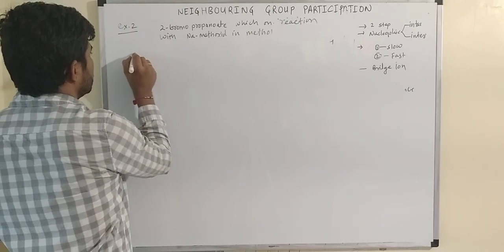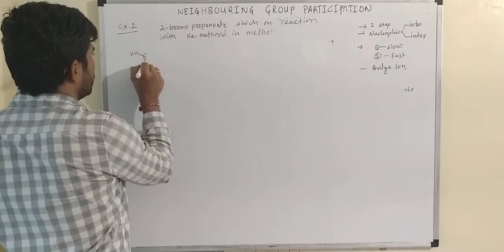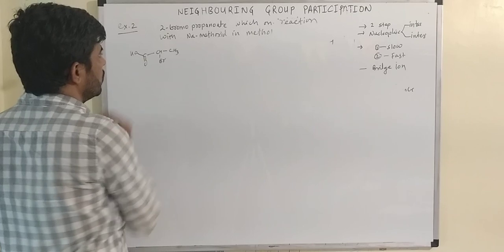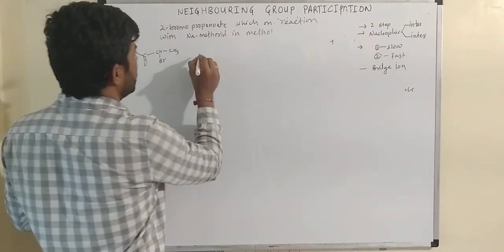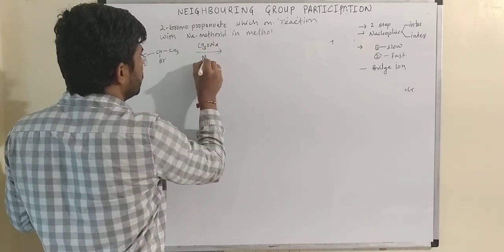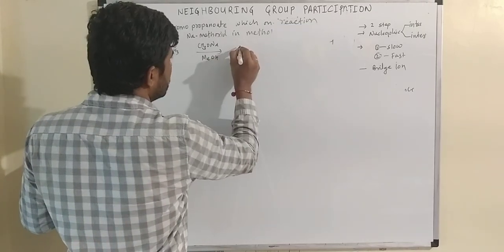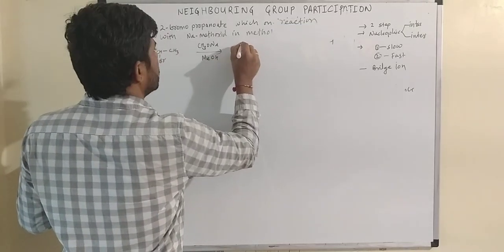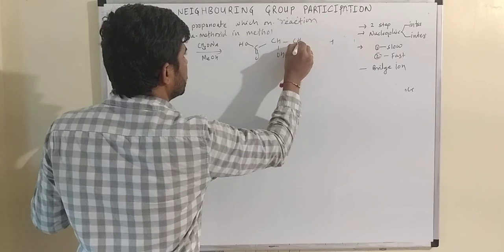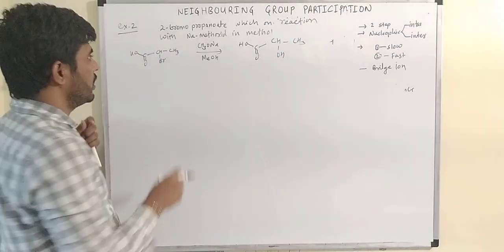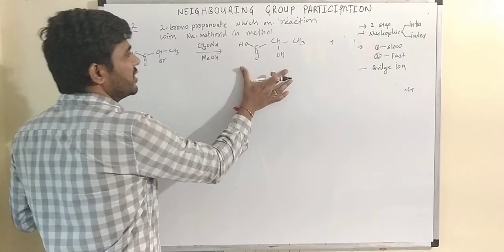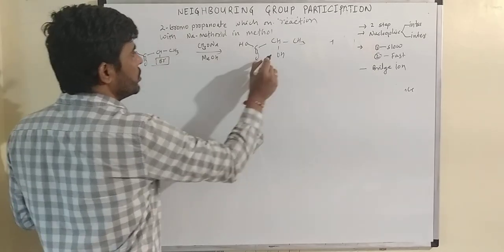So now let us consider this example. This is the OH group, this is C double bond O, this is CHBr, and this is CH3. So this is 2-bromopropionate which on reaction with sodium methoxide, that is CH3ONa, in methanol, gives the product, HOC double bond O, CHOH, CH3. So you can see that the bromine is substituted by the OH group. The rest of the reactant is the same; the only difference is that the bromine is substituted by the OH.